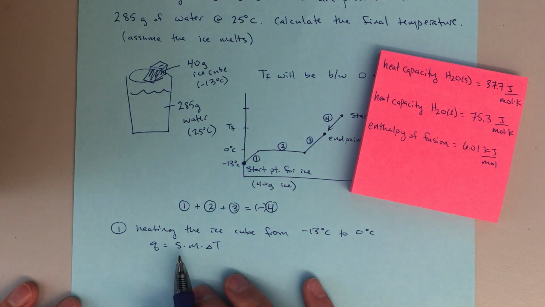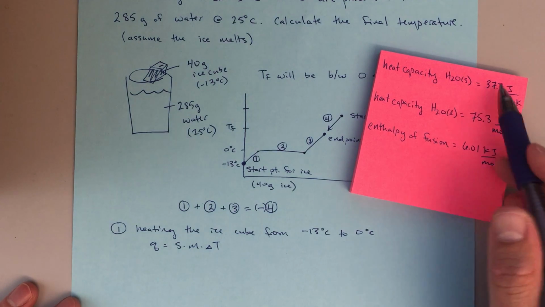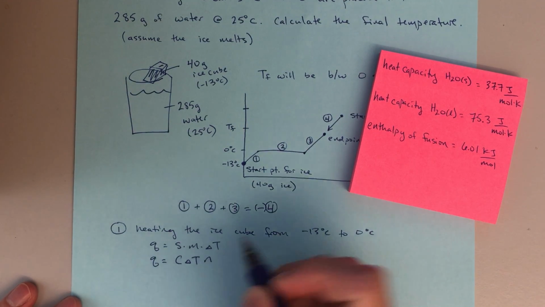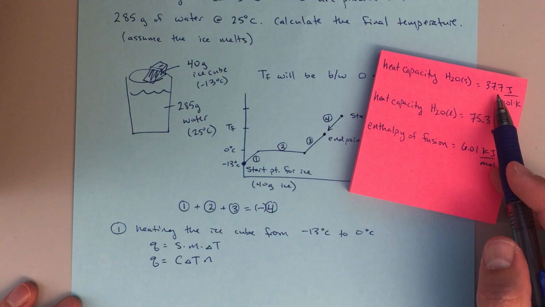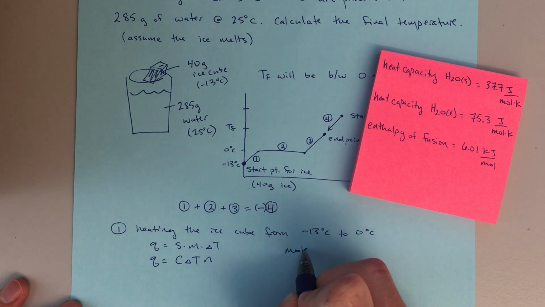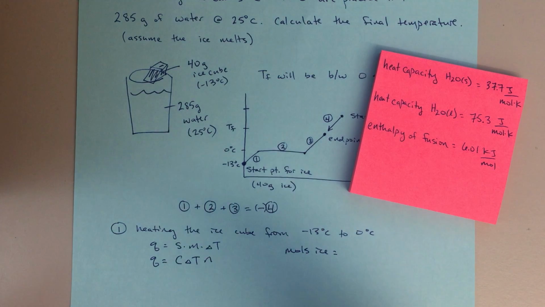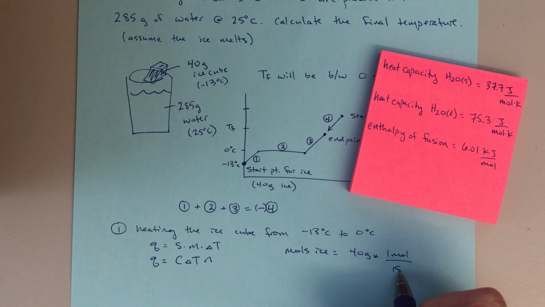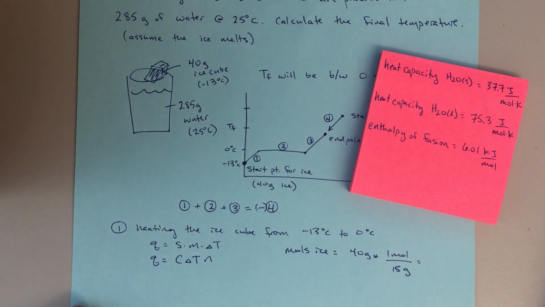So you can use those values. That's totally fine if you just want to use grams, but since this problem is using moles, the heat capacity is in terms of moles, this would really be a Q equals C delta T N equation, where C is our heat capacity in joules over moles times Kelvin, delta T, and then N for our number of moles. So either way you think about it, it doesn't really matter. We just want to make sure that our units stay consistent. So for our moles of ice, we have to make sure we have the right thing in mind. That's going to be 40 grams times 1 mole over 18 grams